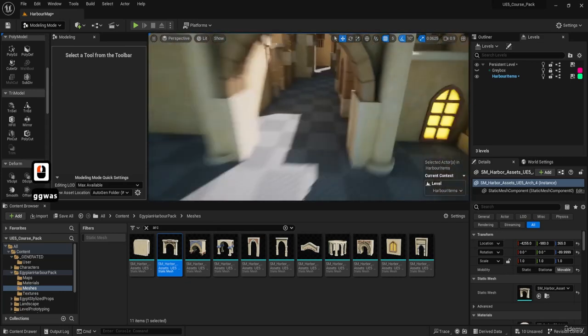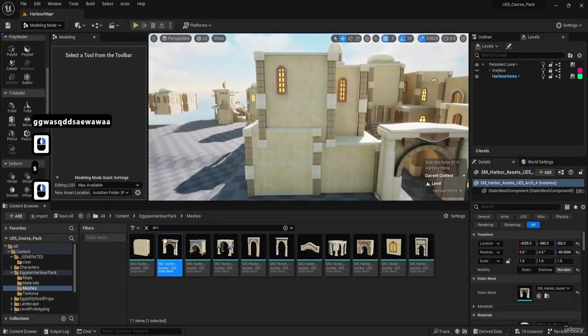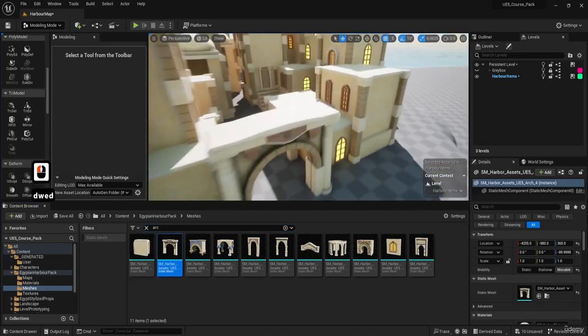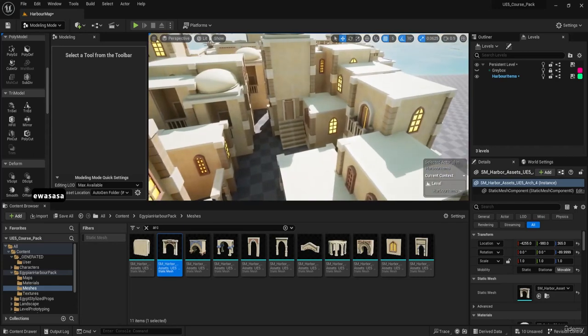Something like so. Let's go ahead and see from the front. The front looks quite nice. I like this. We need to add a couple of windows as well over here, but we're going to do that in a bit. This archway needs a bit of an extra touch, and yeah, I think we're going to